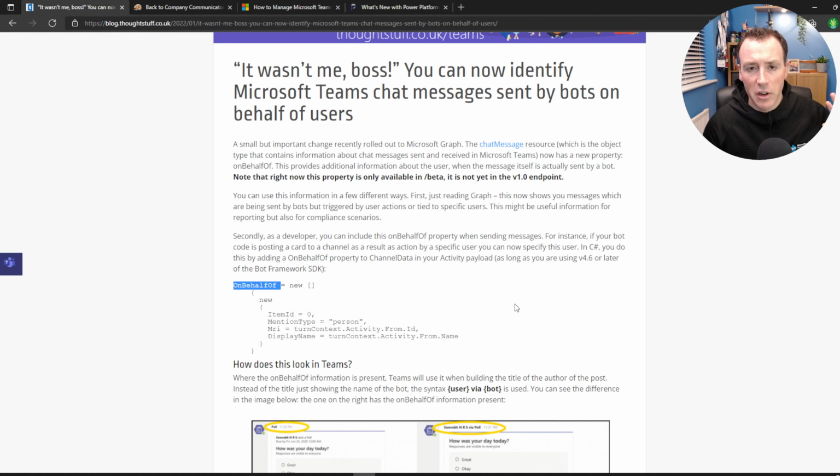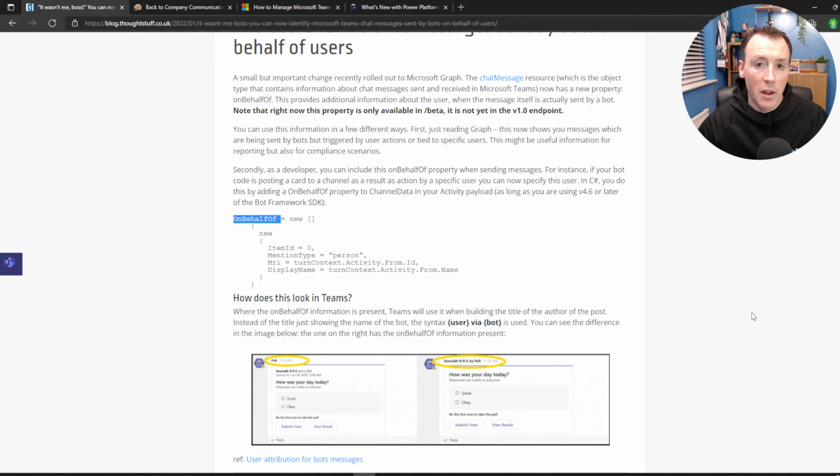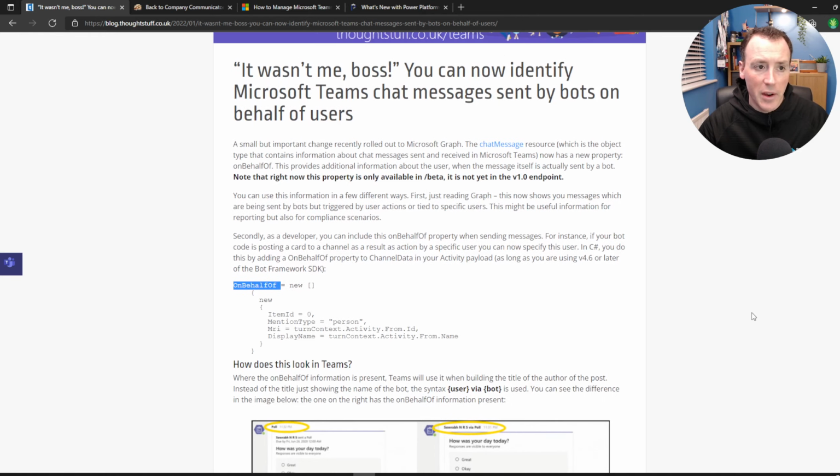I've put the C# version in there. You can go and check out at the bottom of this blog post, I put a reference to the Microsoft Docs, so you can go and see, I think there's a Node version in there as well. So that's how you might do it as a developer, but also this is useful if you're looking at the data, because as applications start to put this in, you'll start to see this come out again in the data, because that on behalf of property is now part of the chat message